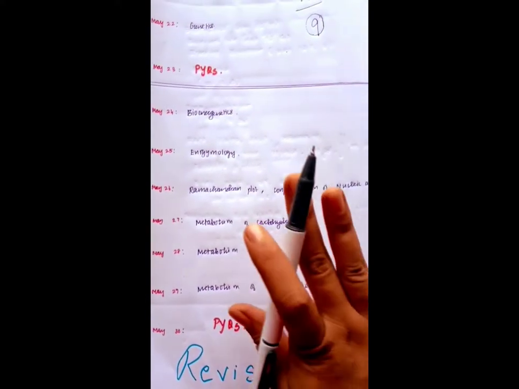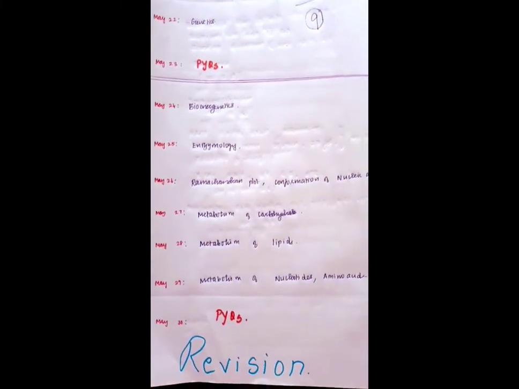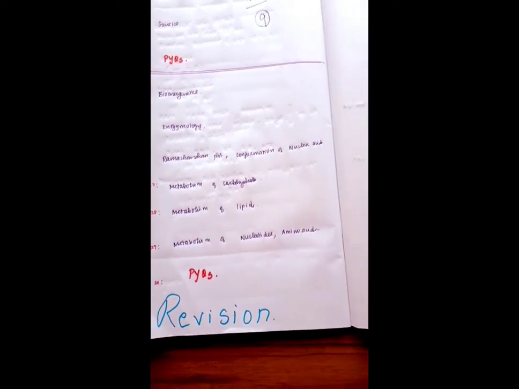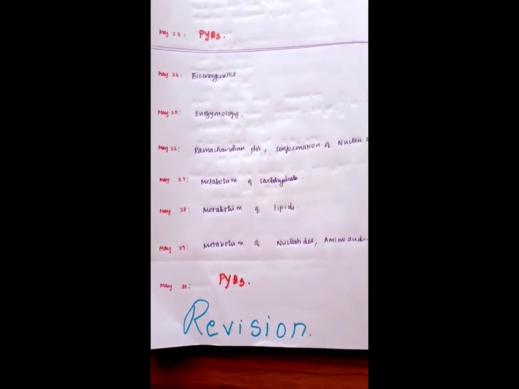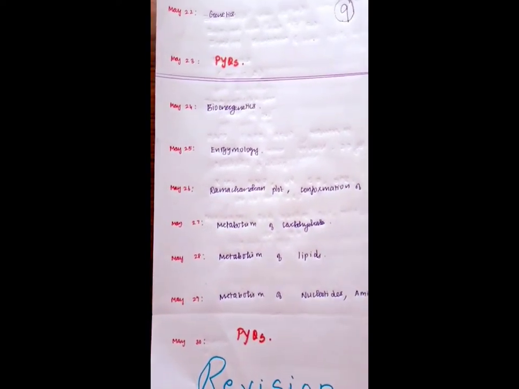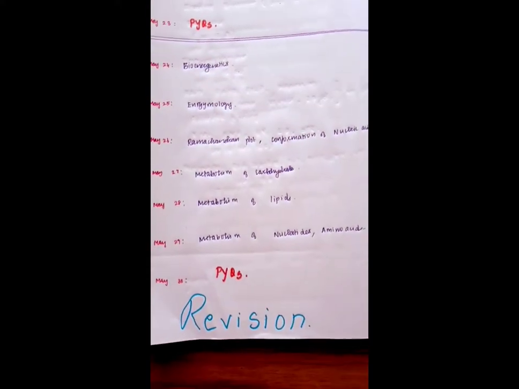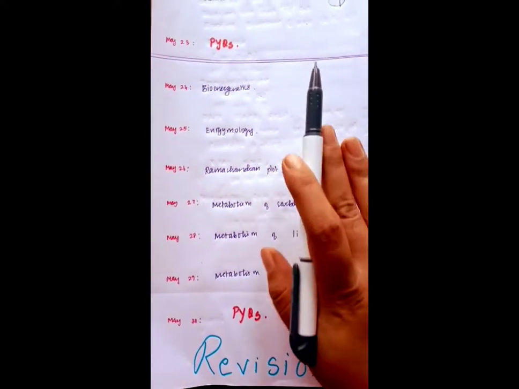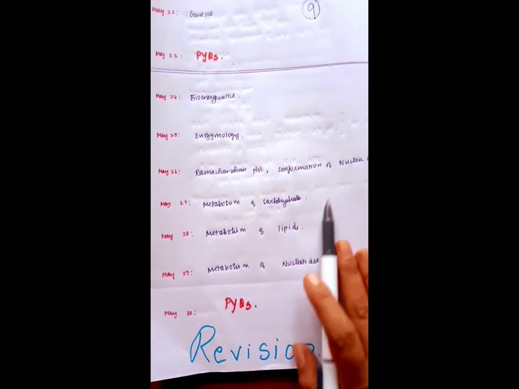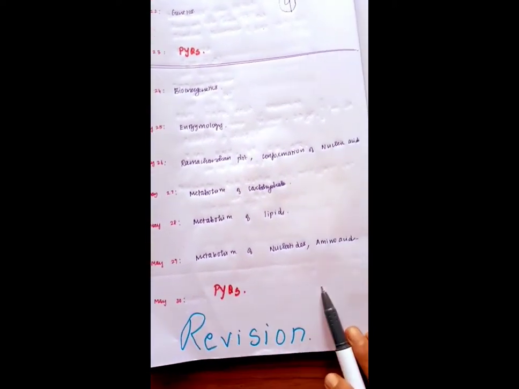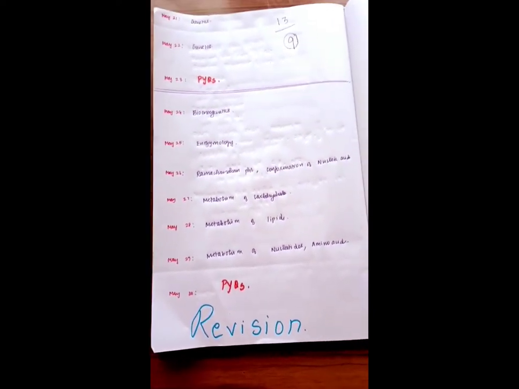The last unit is biochemistry, that is unit number 1. I found biochemistry a very difficult unit, friends, so I am placing it last, because if you keep it last, you will have the mindset that you have studied the entire 12 units for your CSIR examination and this is the last unit to study. This is how I plan for the biochemistry unit. By May 30, you will finish every unit, and then you have to start your revision.